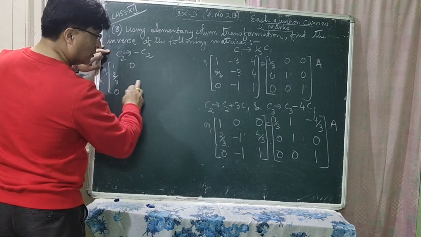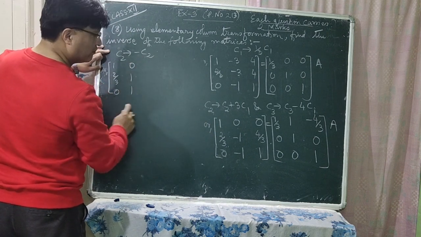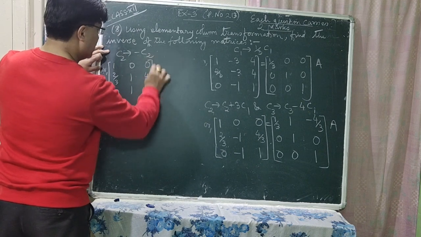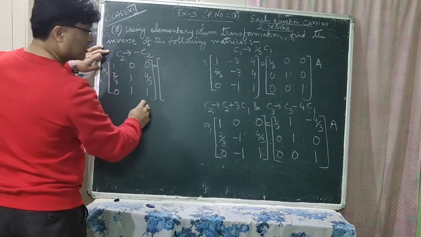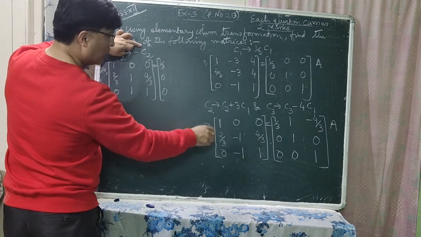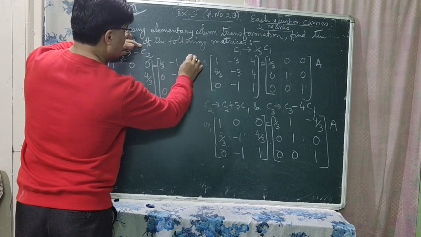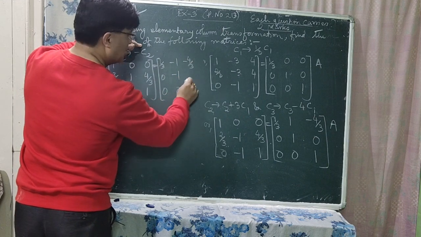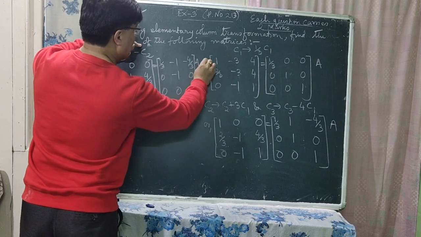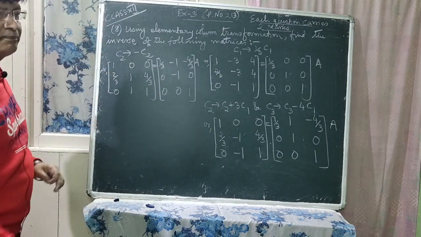0 minus 0 is 0. Minus C2, minus 0 minus plus 1. Now here 0, 4 by 3. And this is 1. Which is equal to, on the right hand side, 1/3, 0, 0. Now here column 2 changes. Minus 1, minus 1, 0. And column 3 remains same. Minus 4 by 3. 0, and this is 1, and here you should write A, right? This is A. Okay,